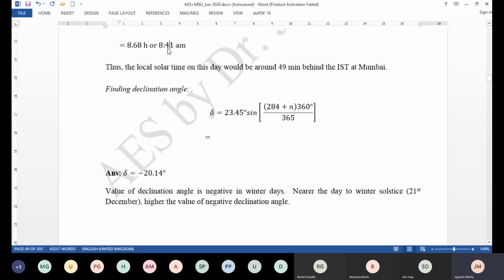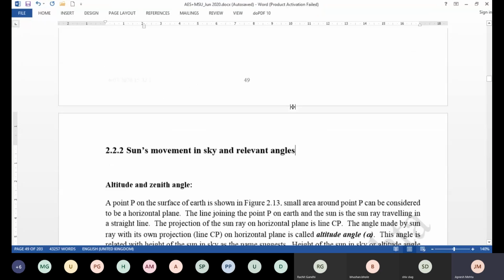If your watch is showing 9:30, so when you are on the western side, your watch time is ahead of the actual solar time at that particular place. But the angle made by, let's say, the sun ray would depend upon the local time. So that's why we are interested in this local time. And then the formula for declination angle is known, and you put the value n equal to, in this case, 21. So you get the declination angle, right?